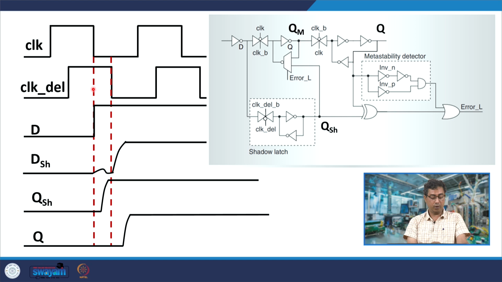So, this delayed clock is coming after a while. So, D is not latched initially, okay. That is why, if you plot QM, you will find that